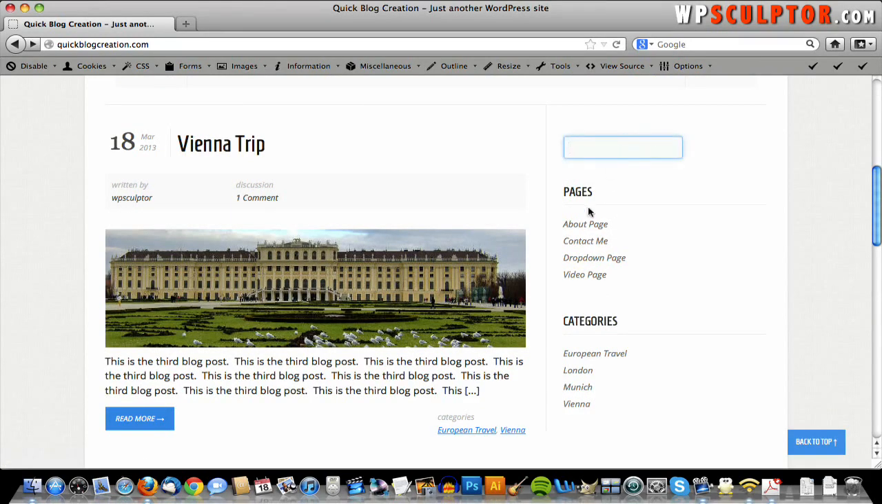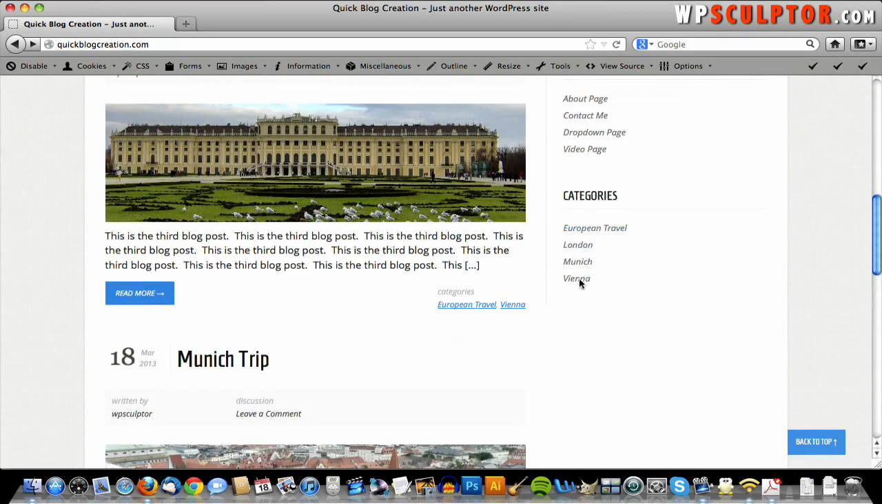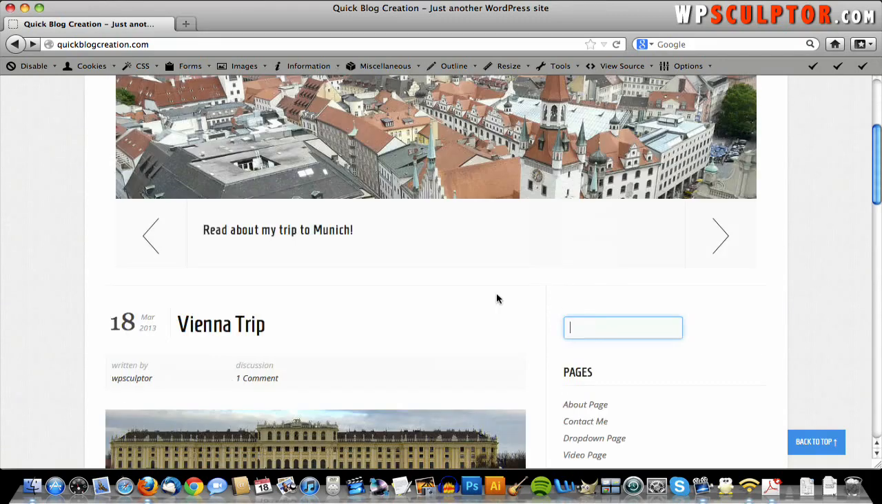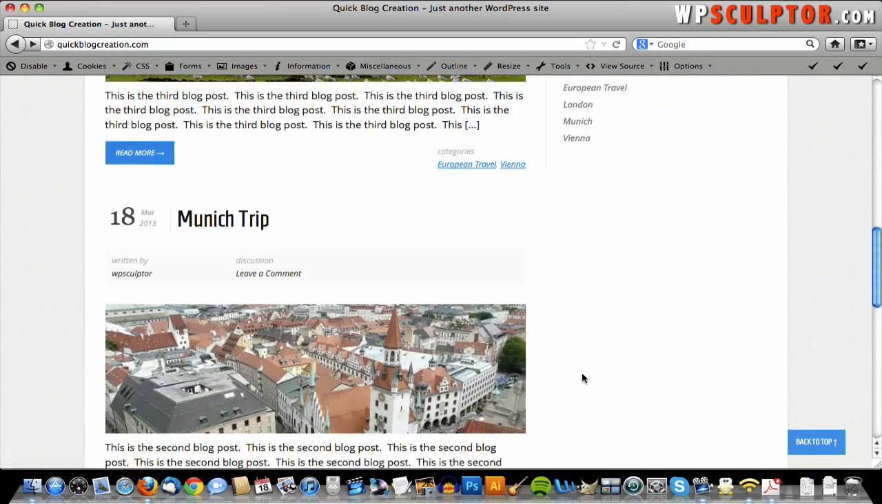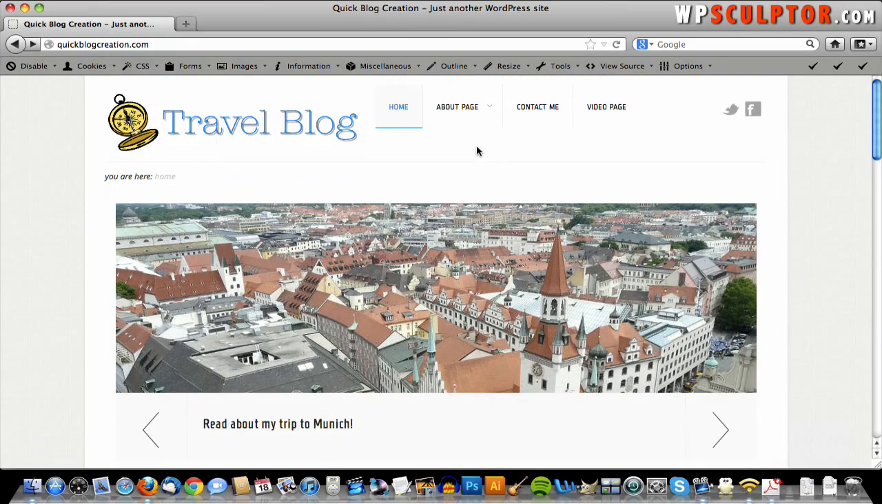I've got a search bar widget, the pages widget, the categories widget there. I'm going to show you how to use the blogging functionality of WordPress. Categories are part of the blogging functionality. I've got 3 different blog posts as examples, and they're categorized in the following categories. I'm going to explain those, and